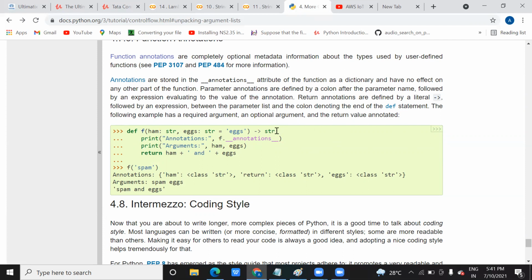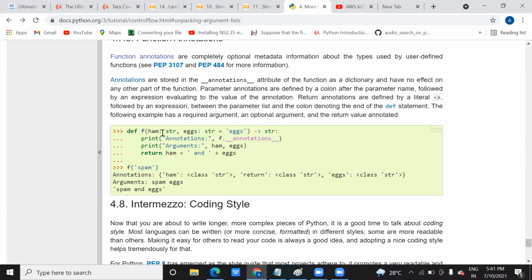When we pass this spam value, that spam value is actually the string data, and when we use this arrow operator, that value will be initialized to this string, I think.